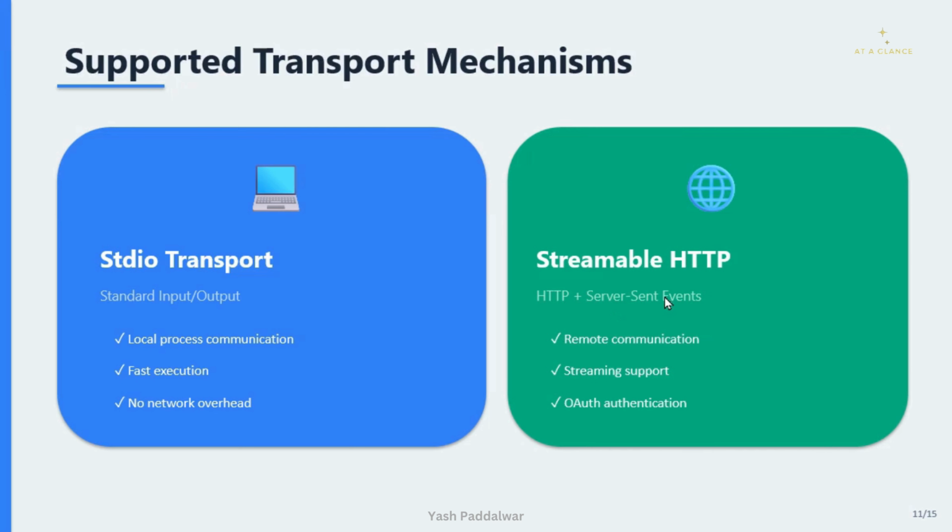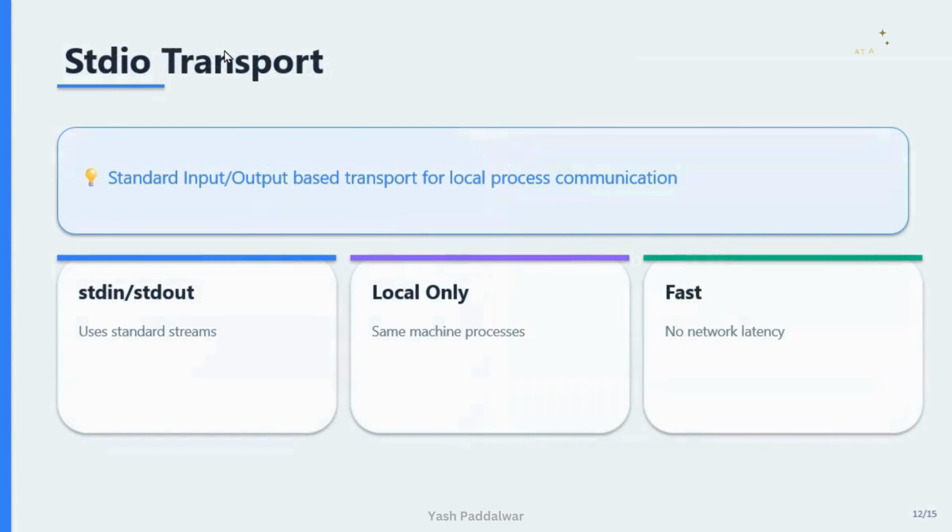Let's have a look at both of these one by one. So first is the standard input output transport. So stdio transport uses the standard input and output. Now, why is it useful? Because it can give you access to the local tools which are locally available on the same machine wherever